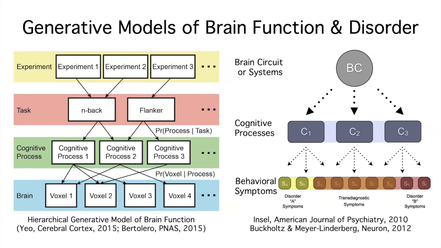For example, my collaborator Maxwell shows that complex tasks, which he defines as recruiting more cognitive processes, result in greater activation at connector hubs. But if he looks at local hubs, then activations at local hubs remain constant regardless of task complexity. So this suggests that connector hubs might integrate information across specialized brain networks, supporting our ability to execute diverse tasks.